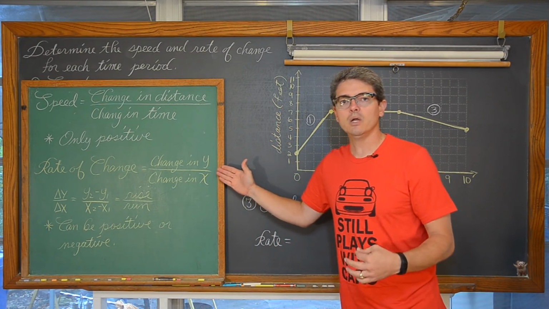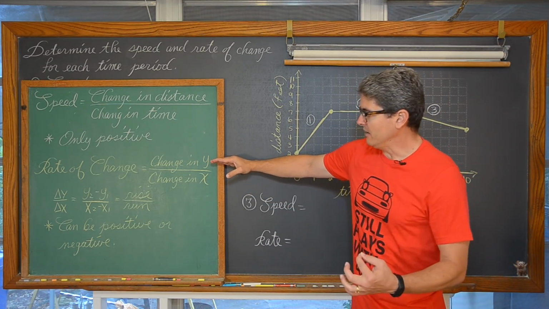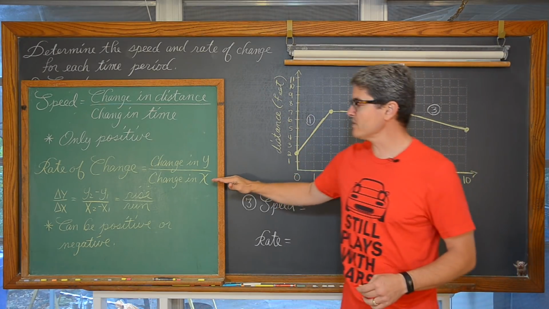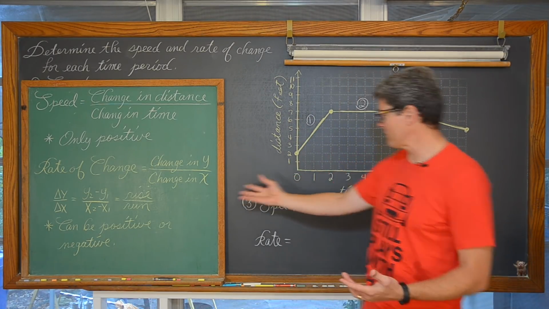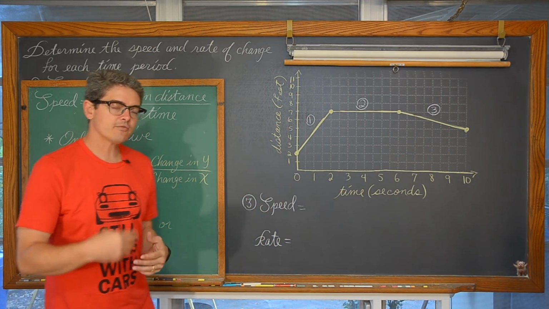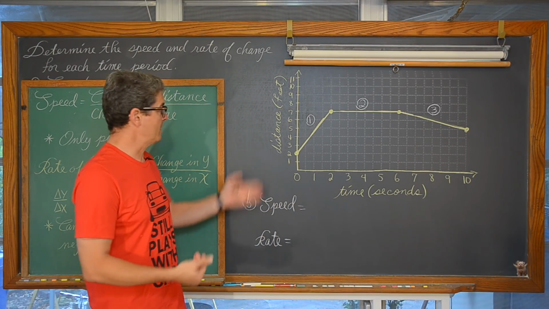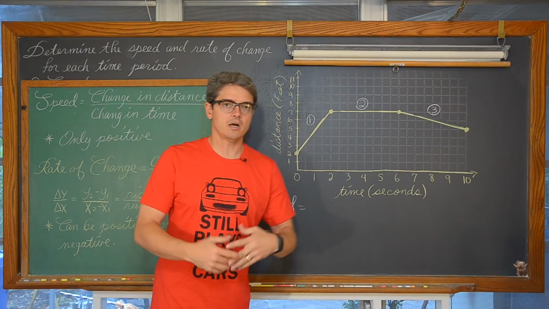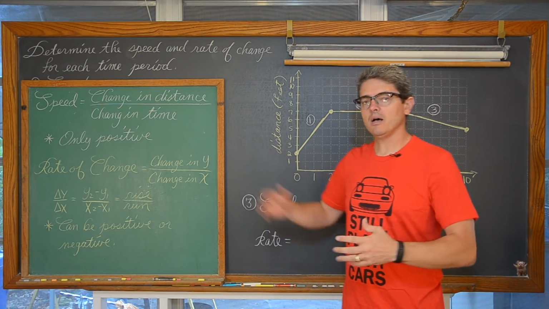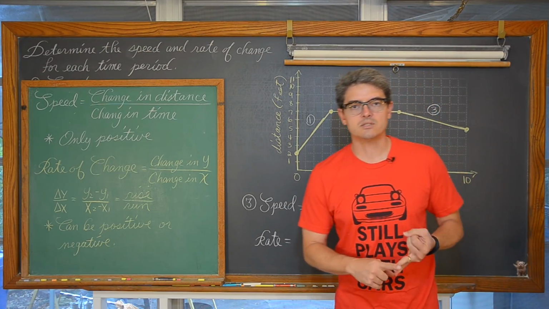Well, that's not true with a rate of change. A rate of change is just any change in whatever variable is along your y-axis over the change in x, whatever variable is along your x-axis. Now, as we go through our 4 examples, they're all going to be related to, you can see example 3 here, looking at distance over time, but rate of change can be calculated between any 2 variables that you're measuring, and the value can take on either a positive or negative value.